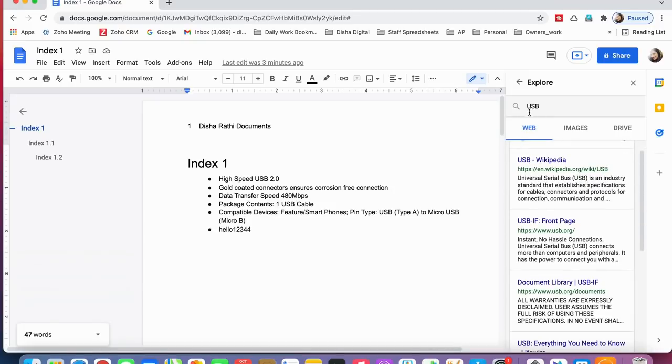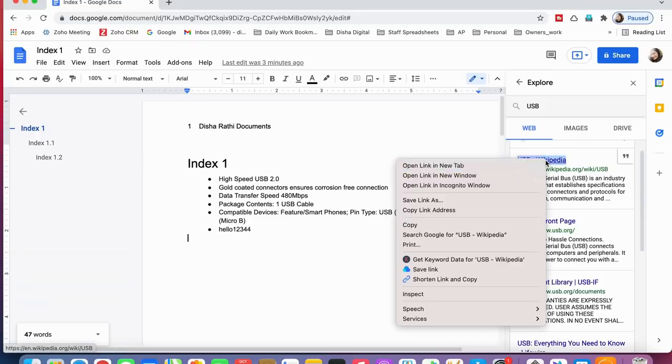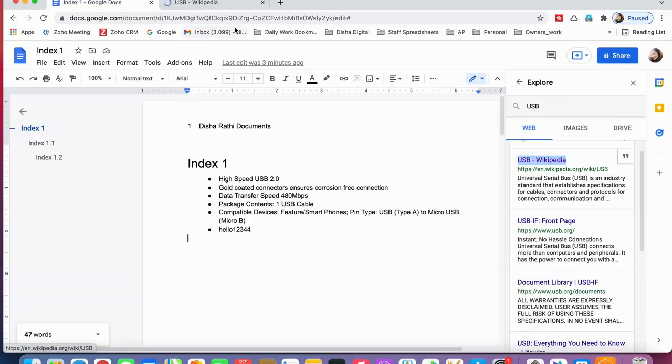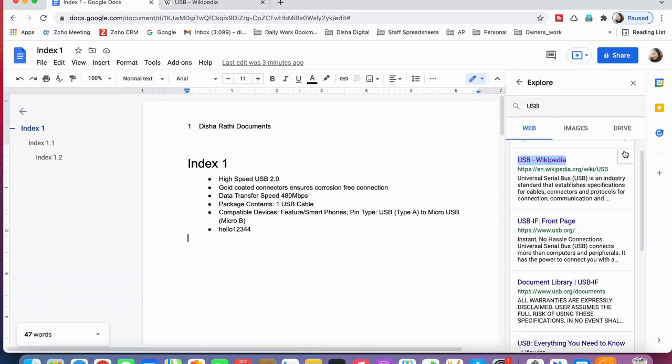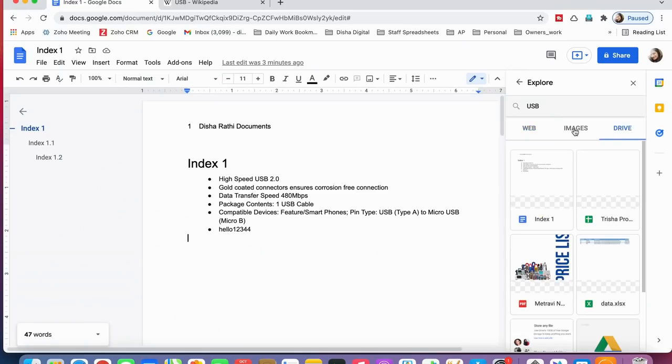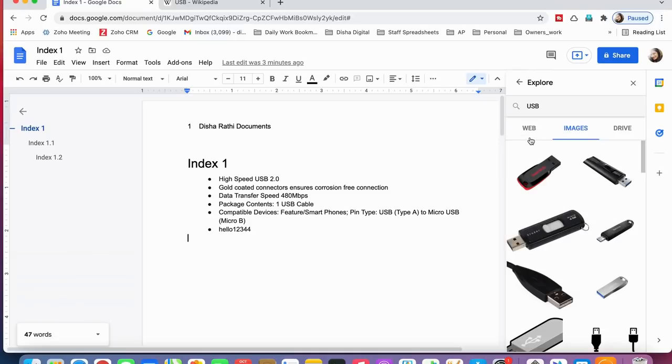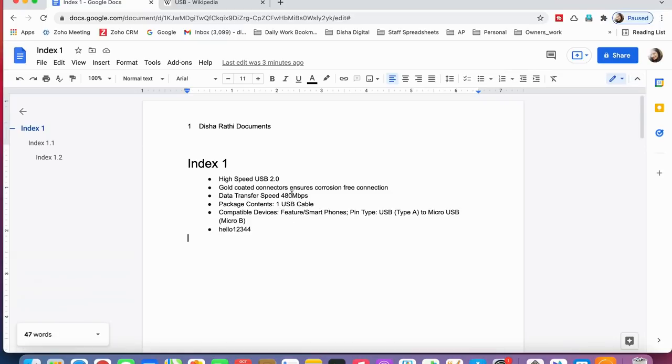See, if I have written this USB word here, USB Wikipedia is here. Simply click on the link, and if you want to read about USB, Wikipedia will be opened. This is a great feature that Google Docs is giving us.